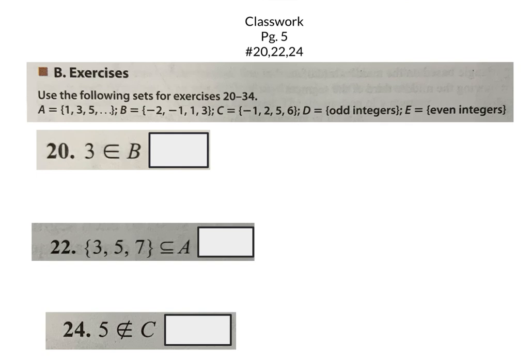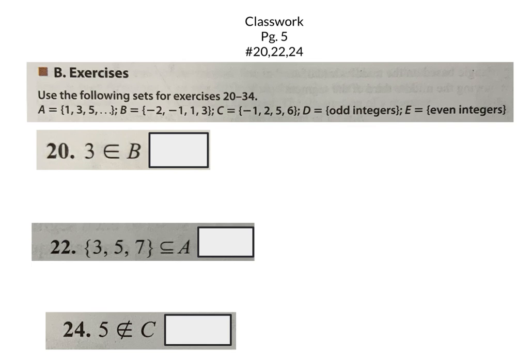All right, so try some. They're asking you questions here. Page 5, numbers 20, 22, and 24. All right, so the first one, good question, and we're about to actually talk about finite and infinite sets. 1, 3, 5, and you see the ellipsis there, which indicates it keeps going in that pattern. So if you recognize the pattern, those look like they're going to be odd numbers, right? B is going to be -2, -1, 1, and 3. C is -1, 2, 5, and 6. And we're going to talk about odd and even. I really only chose ones from A, B, and C because we're about to talk about number sets